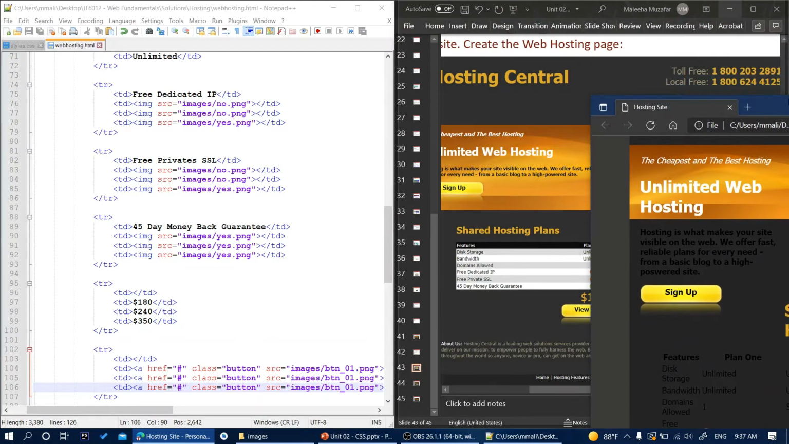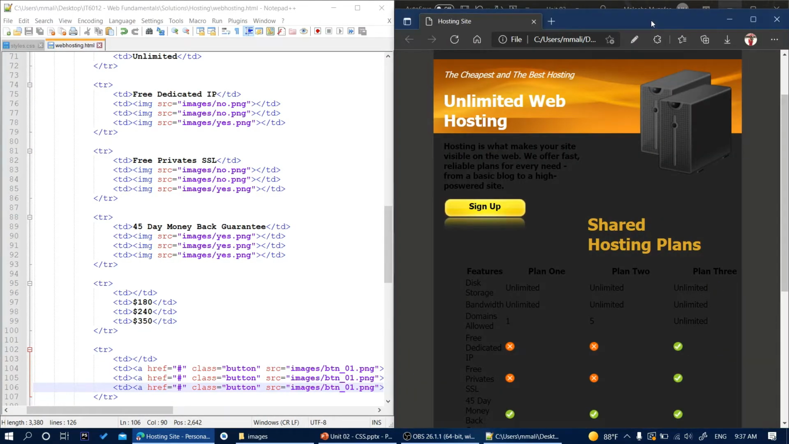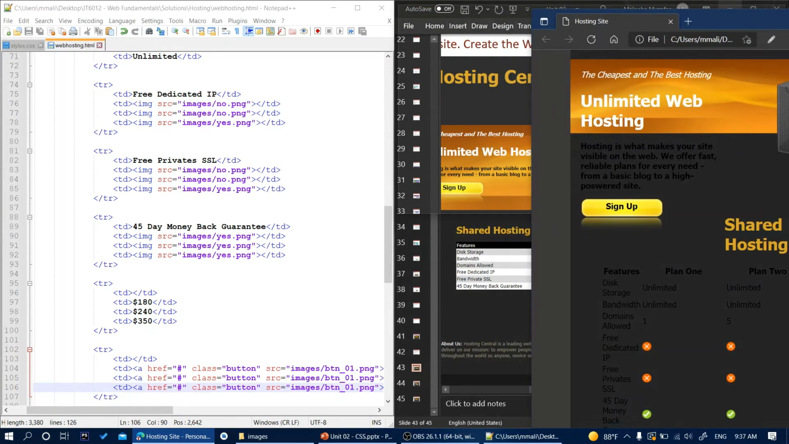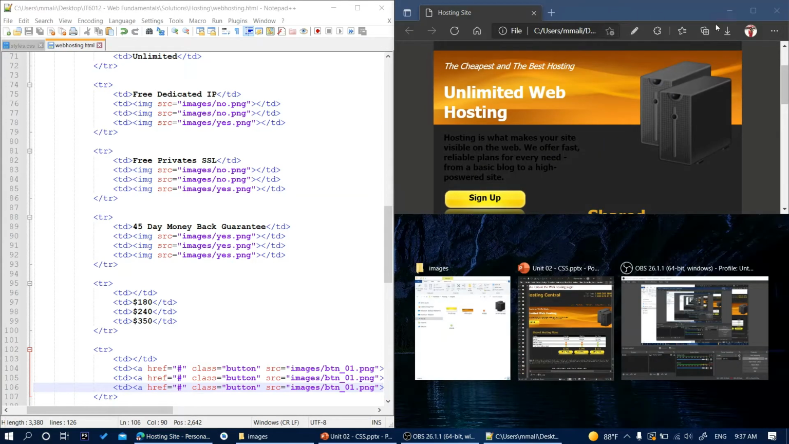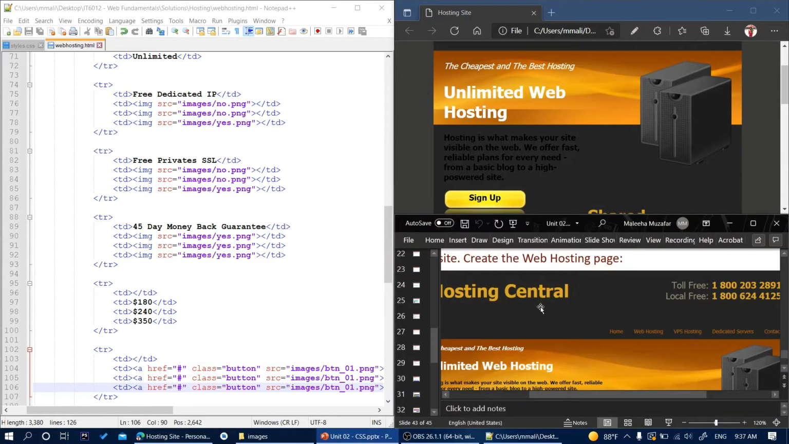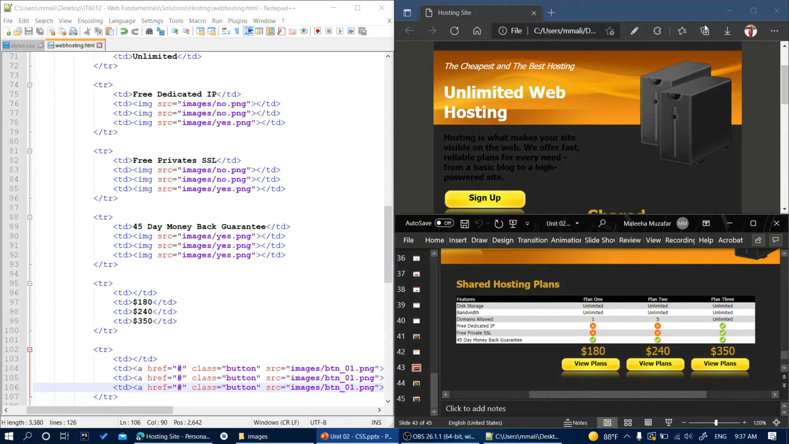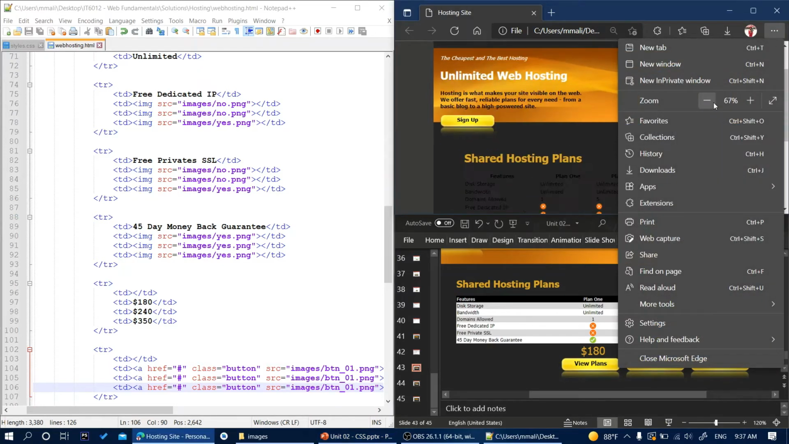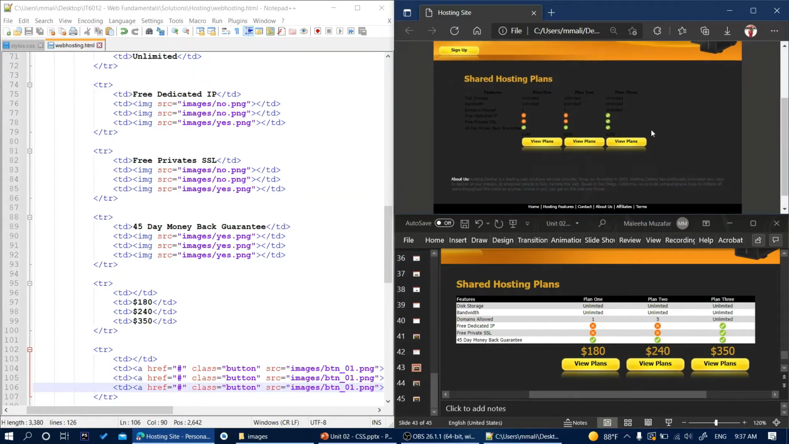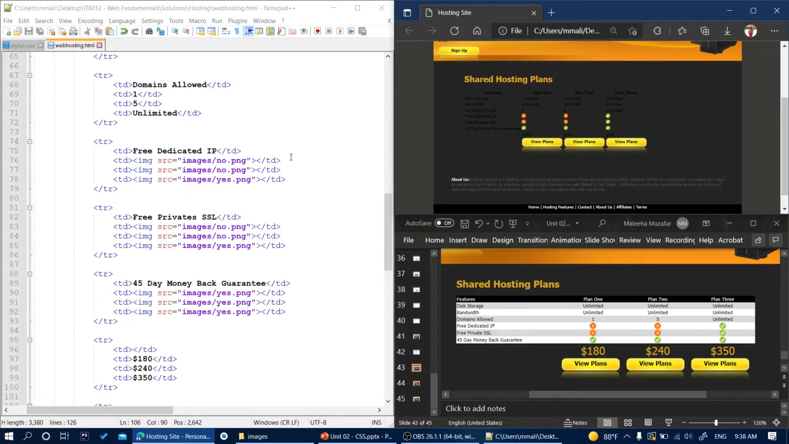So I'll keep this here so we can see how it's getting styled. I would just decrease the size so it looks similar to how it should look finally. Now here, if we notice, the first thing, the table is not taking up the whole space. So for that, we have to tell the table to take the full width,